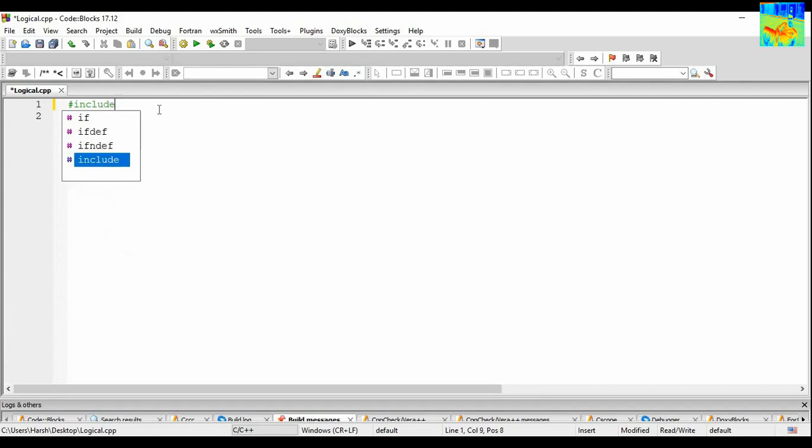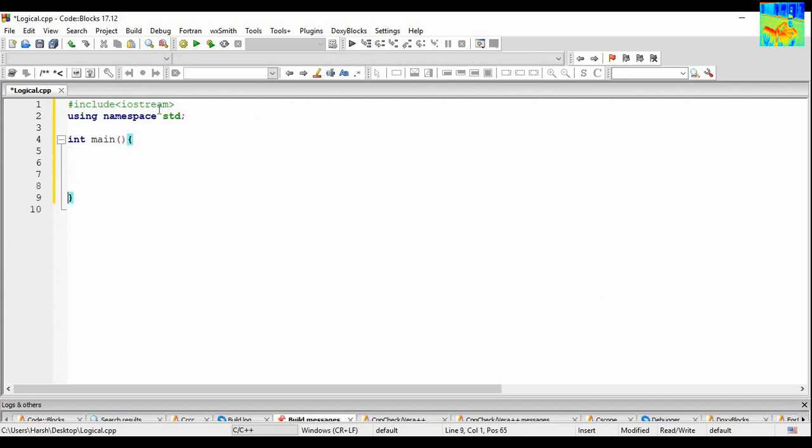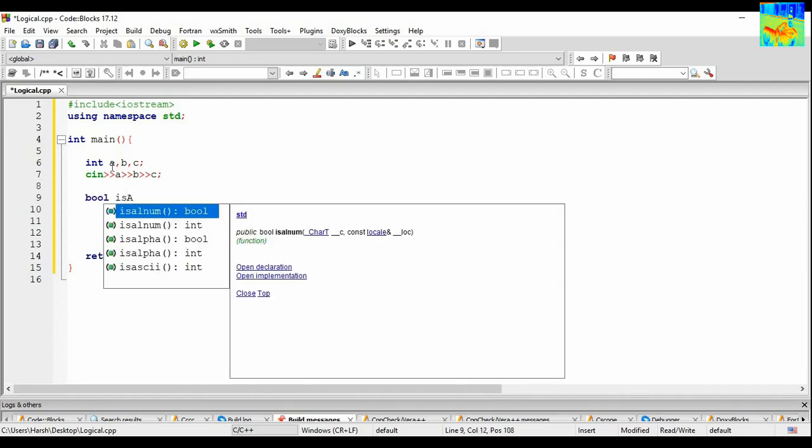Hash include iostream. So I will take three numbers int a, b, c, and I will take value input from the user. Suppose I want to check is A the largest number, so bool isALargest.